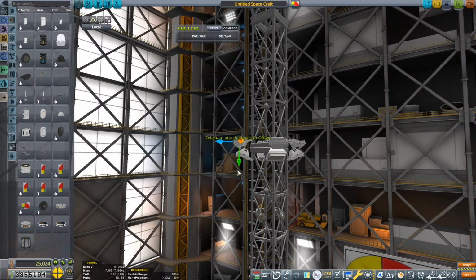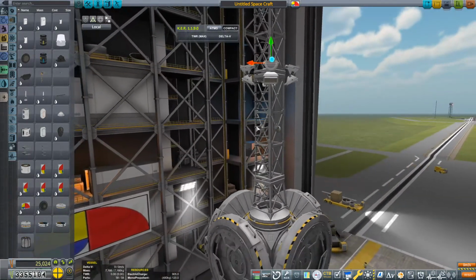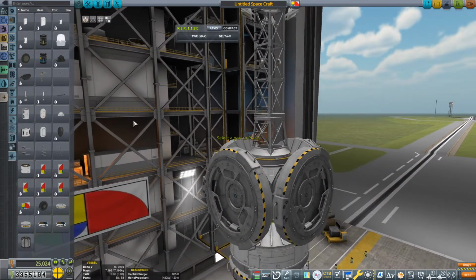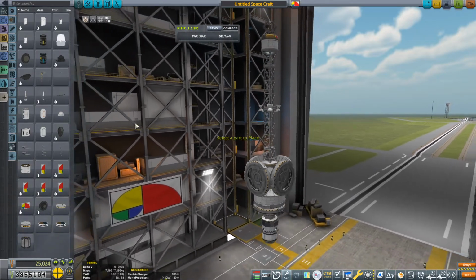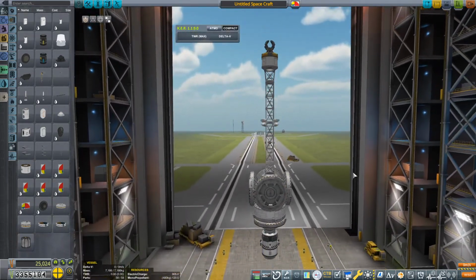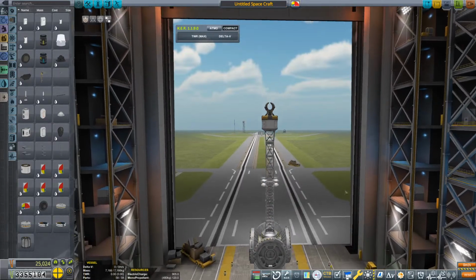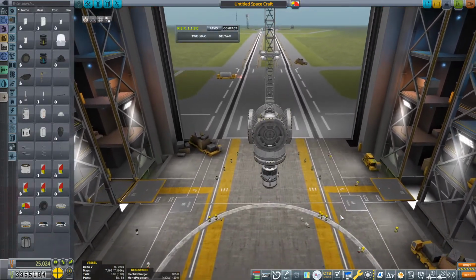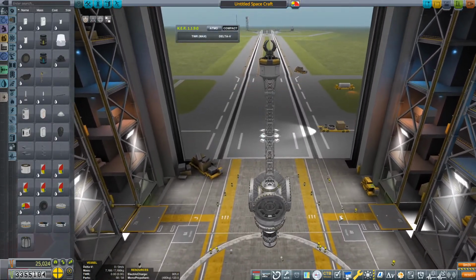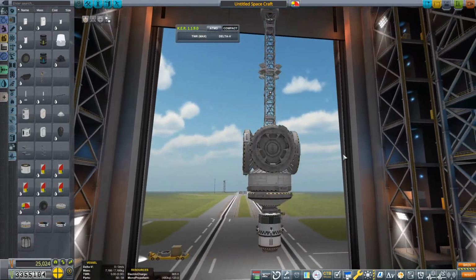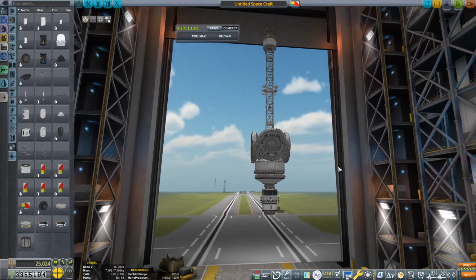Just notice they're clipping a little bit. Can't hurt with more lights. There we go. Okay, I'm thinking this is a thing. So what we've got is